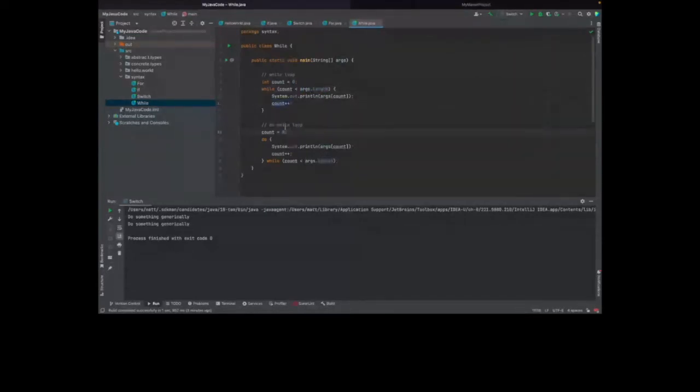We also have a do while loop, which in this case is doing exactly the same thing. We set the count to 0 and we say, I want to do this particular thing whilst this is true. It's essentially two different ways of writing the same thing.